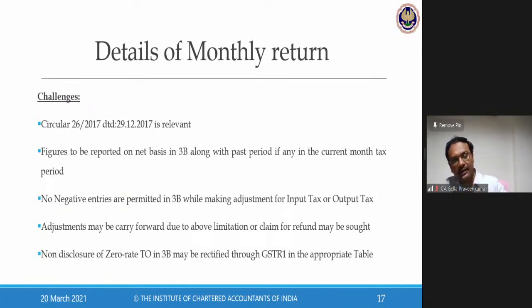For your May 2021, no need to worry about this new scheme for the simple reason that the notification came on 10th November 2021. There's one rule called Rule 61A. This 61A was introduced in the month of November 2018. For your May 2021, all amendments which have taken place till 31st October 2021 alone are applicable. So for your May 2021, not to worry.